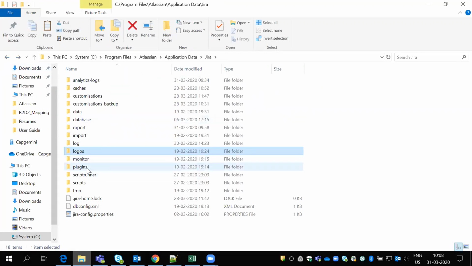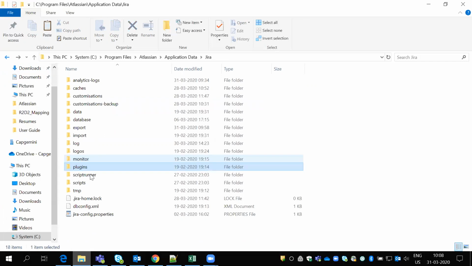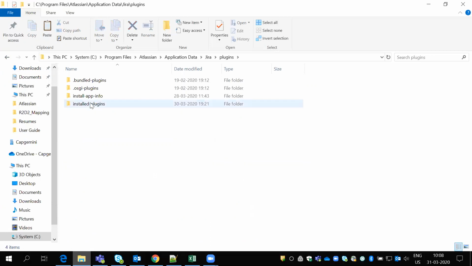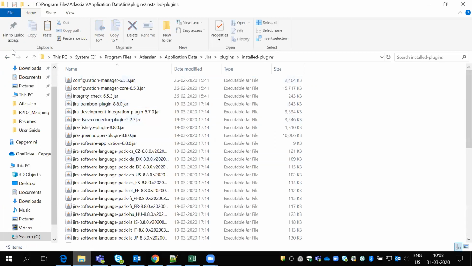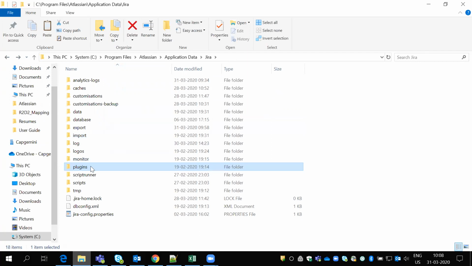Next, if you come a little bit down, we have the plugin options. If you open this plugin folder, we have installed plugins. You can move the complete plugins. The installation of plugins and their configurations, everything will be stored in this plugin folder only. You can move just the installed plugins, or you can move the whole folder as well. There are default plugins also, but only this is what we are installing, so that is the plugin information. Either you can move the complete thing as well. So I'll move all these things.